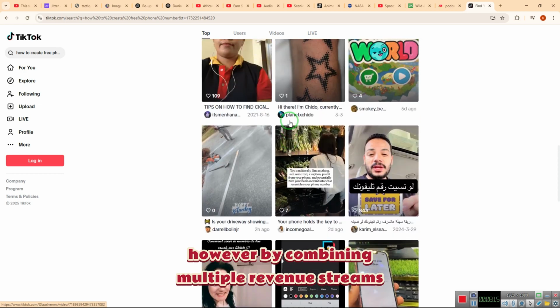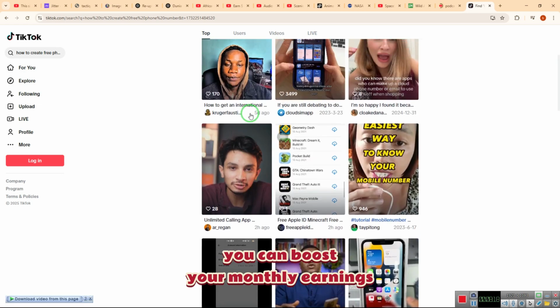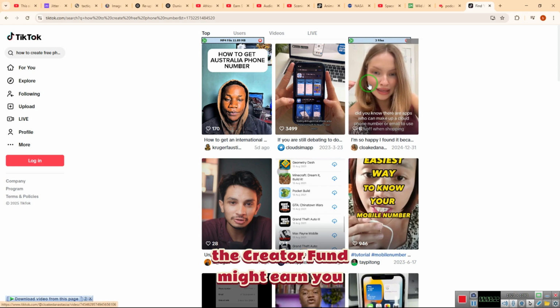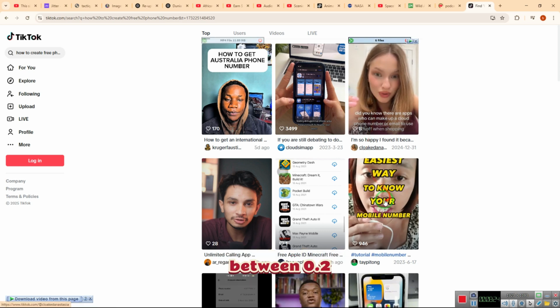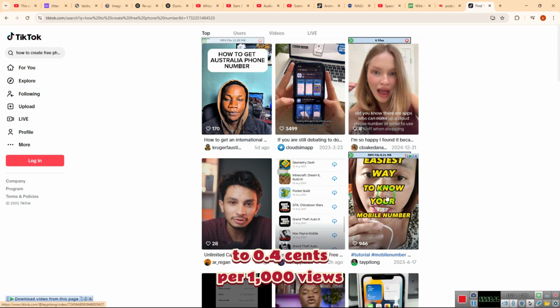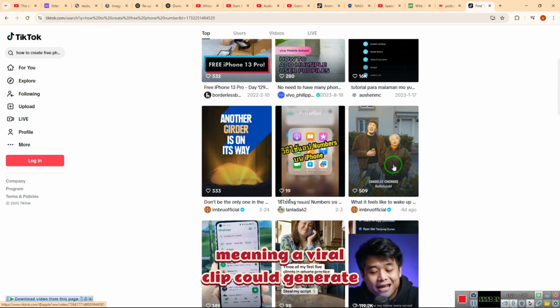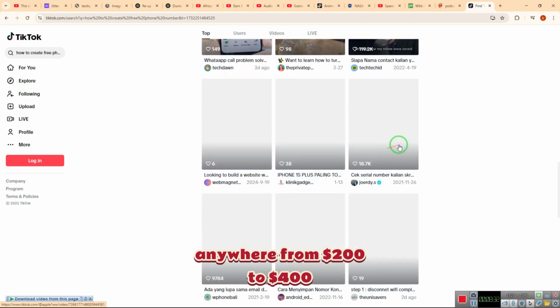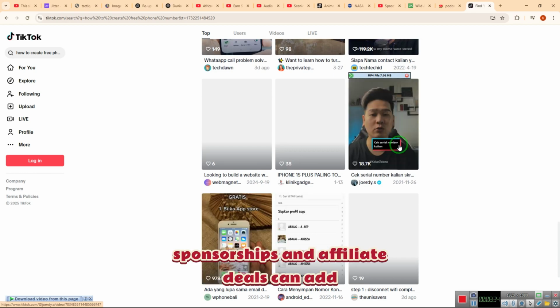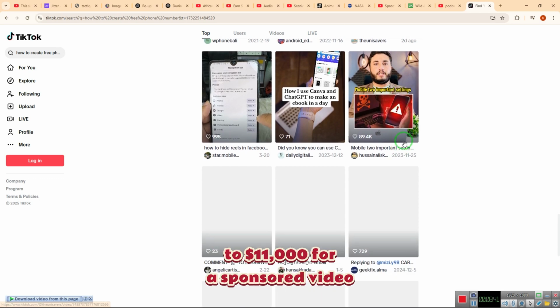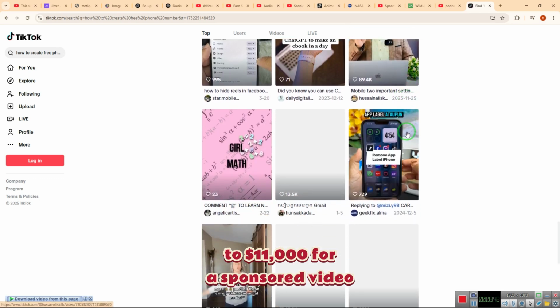However, by combining multiple revenue streams, you can boost your monthly earnings. For example, on TikTok, the Creator Fund might earn you between 0.2 to 0.4 cents per 1,000 views, meaning a viral clip could generate anywhere from $200 to $400. Sponsorships and affiliate deals can add another layer of income. Brands may pay from $500 up to $11,000 for a sponsored video.